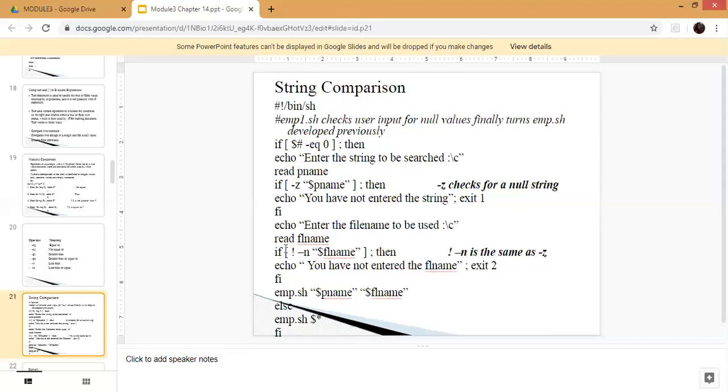So if -n $filename, that means you have not entered a file name. That means it is the same as -z. That is, -z checks for a null string. Here -n also checks for a null string. If you have not entered a file name, then you have not entered a file name. So exit. So if you have entered both of these, then it is going to simply say